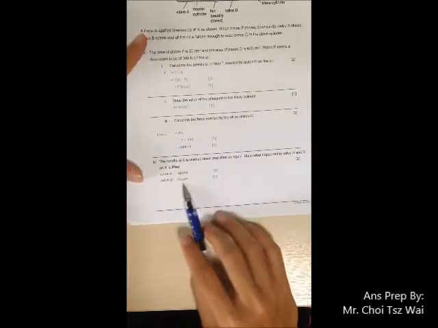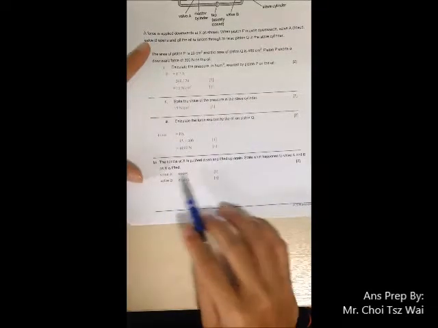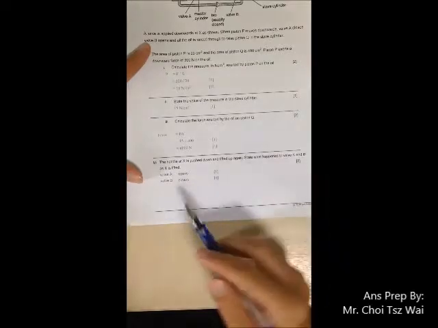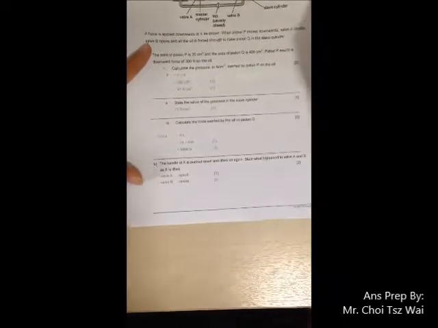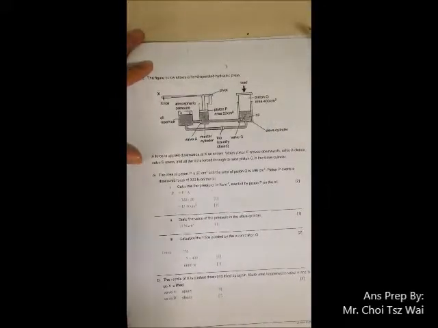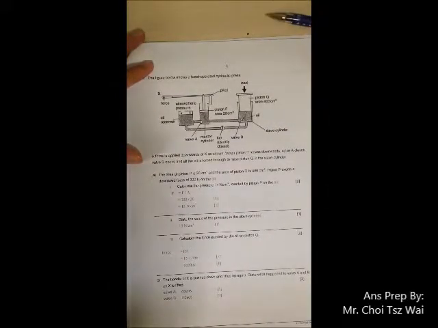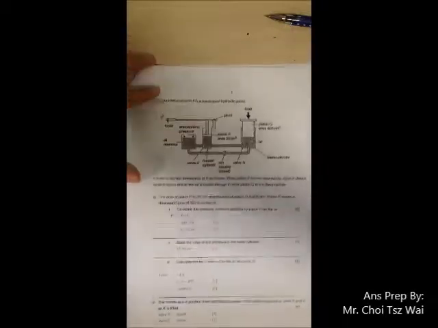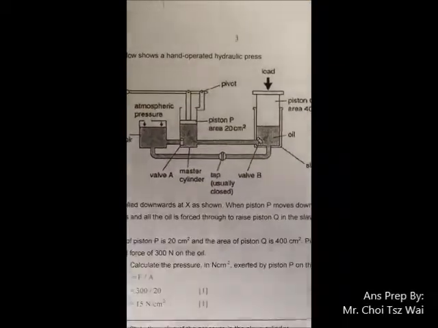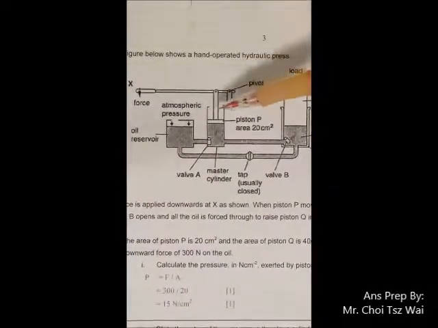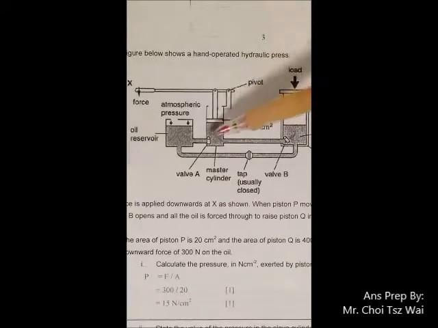This valve A, valve B question could be quite difficult if you are not used to D&T, but for those who are good, you can intuitively tell what is going to happen just by looking at this diagram. Let me zoom in for you. Okay, so the question is asking you, when this lever is being lifted up, what will happen to valve A